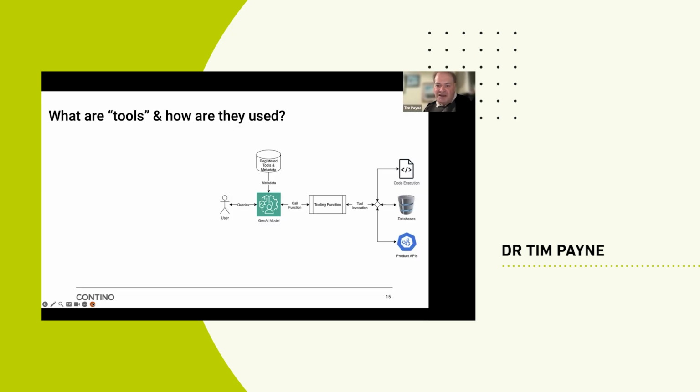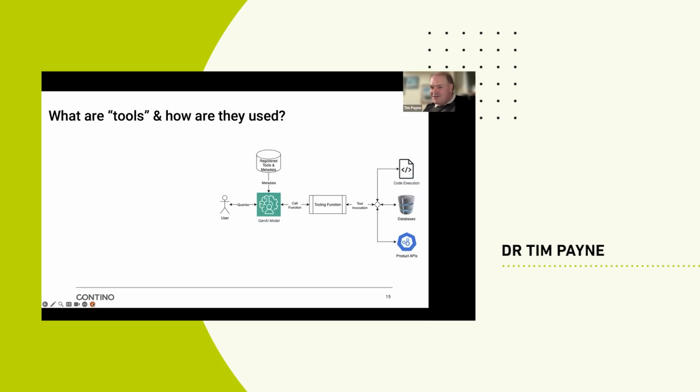So you can use it to integrate to things like code calls. You can integrate it into databases, ITSM systems, problem management systems, just by using their API. So effectively, you would say, I've got a set of APIs that I'm going to use to get particular information back, or do particular actions. I will code up those APIs. I will create a tooling interface, a tooling function for it. I will register that tooling function with the GenAI, and then I can say things like,